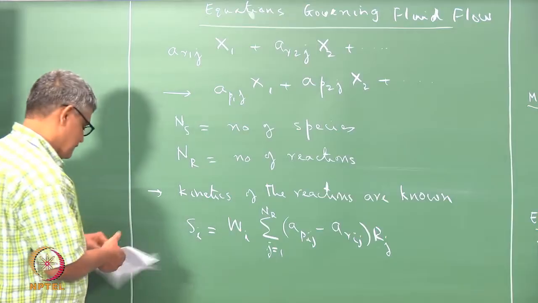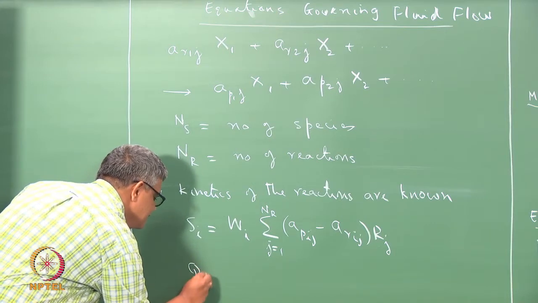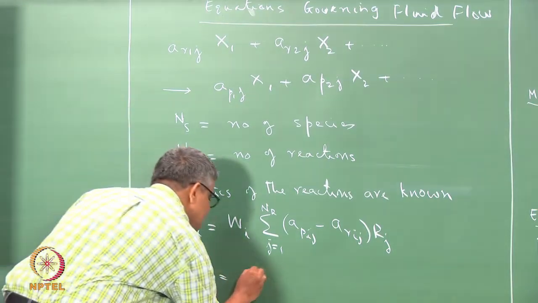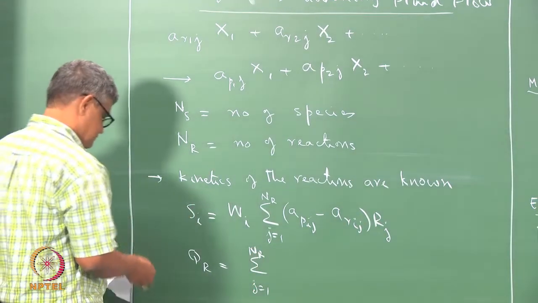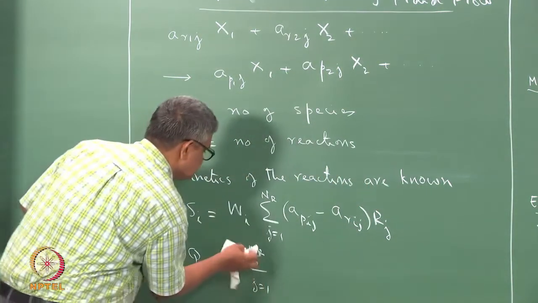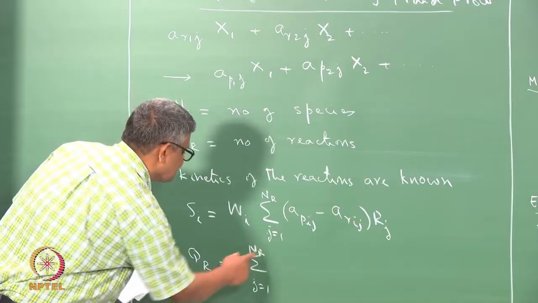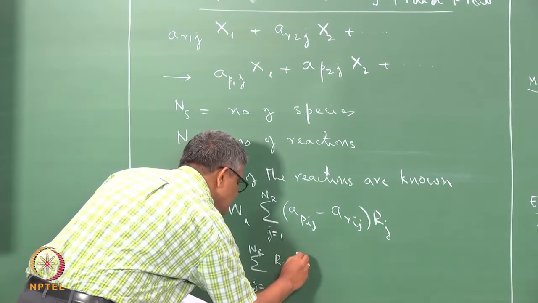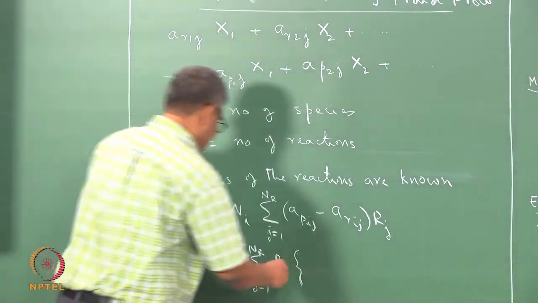And similarly, the heat release is expressed in terms of sum over all the reactions, sum of the product of the rate of reaction and